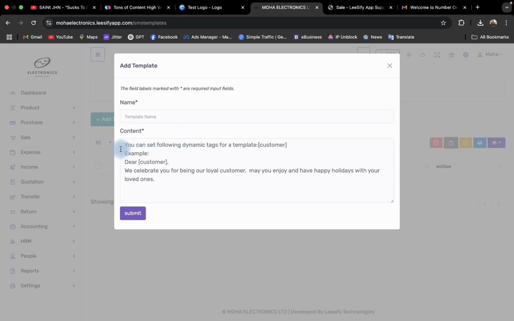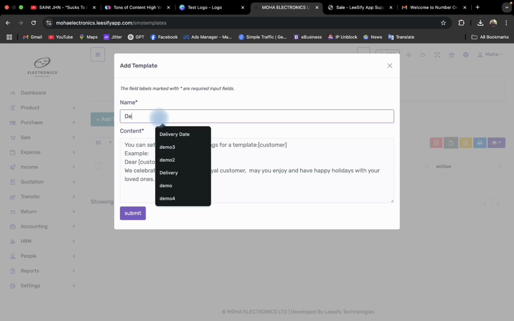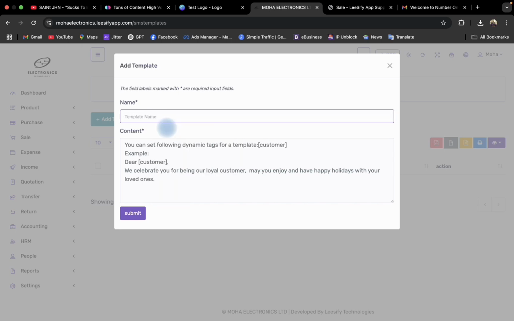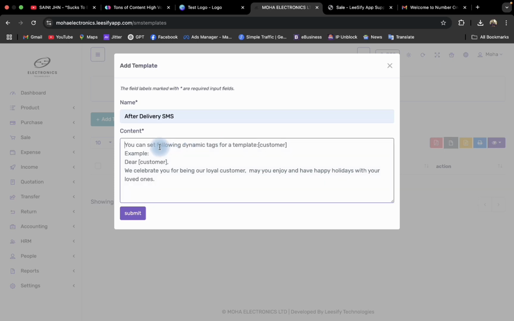As you can see, you can set the following dynamic tags for the template, for example, customer. Dear customer, we celebrate you for being our loyal customer, enjoy happy holidays with your loved ones. But our template we want as delivery, let's say after delivery SMS. Now once we do that, we can define and say